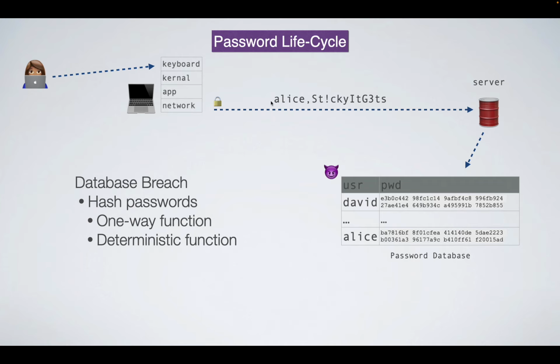Then Alice comes back and she logs in a second time. Again, she sends it in plain text. The server sees what she's alleging is her password in plain text. The server computes the hash of what she sent, and because the same inputs map to the same output, it will produce the same result, okay? So even though it just has a hash of the password, it will hash whatever she gave it, and if it matches, then they'll assume it's the same password. If it doesn't match, it has no idea what her actual password is. It just knows that whatever she's telling them is not the actual password, okay?